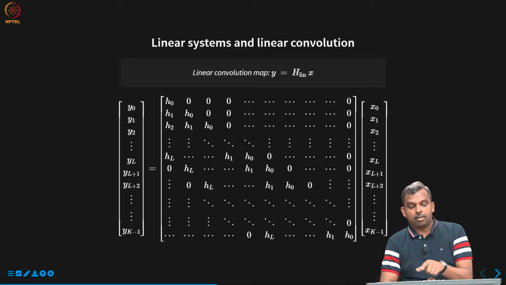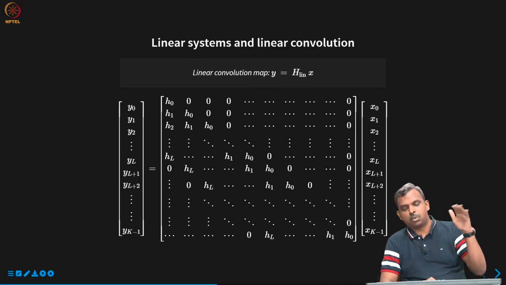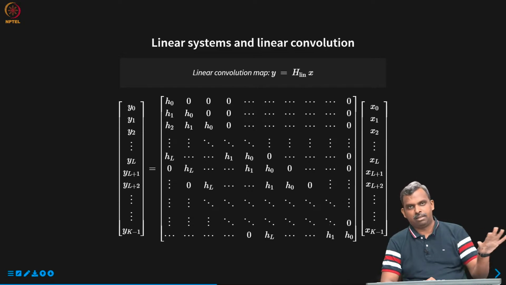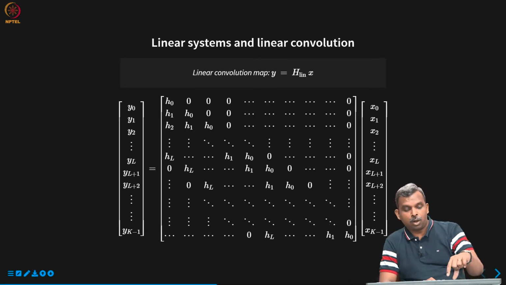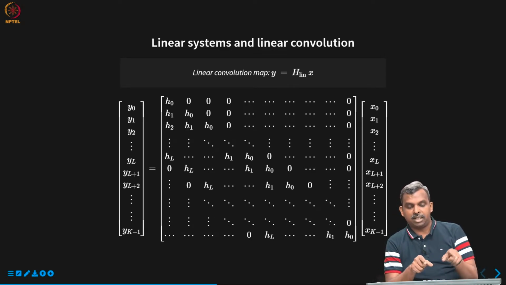See, remember y0 is going to be simply h0 times x0. All the previous ones, the x minus 1, x minus 2 and all, we are assuming as 0, right? So the system is, there's no input in the time before that. That's something we can do. So we can write like this, and you can see how this h1 enters the picture next, h2 enters also